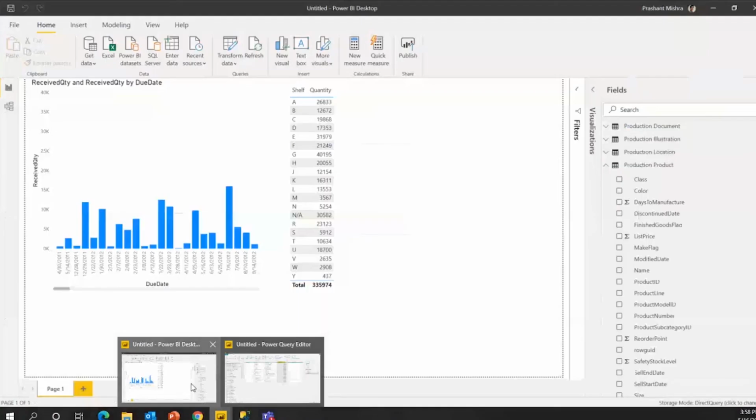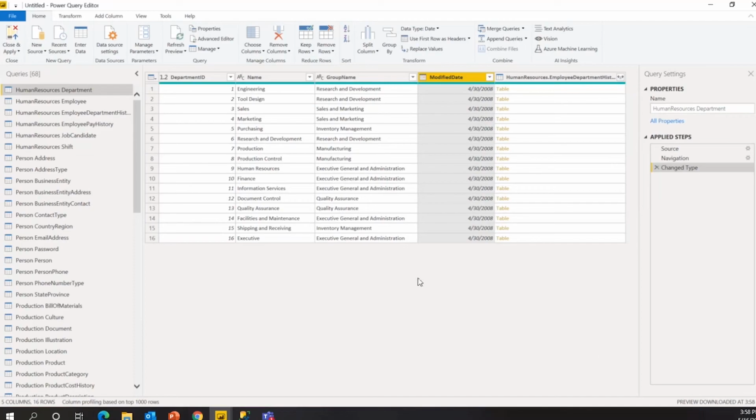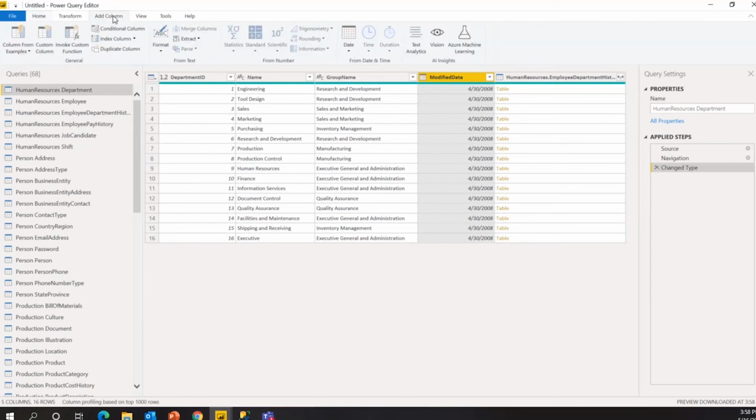Okay. So now if we are using this thing here, it will be changed automatically. Okay. So this is also one of the transformations. And then let's go to add column. Now for adding columns also, there are various different ways.